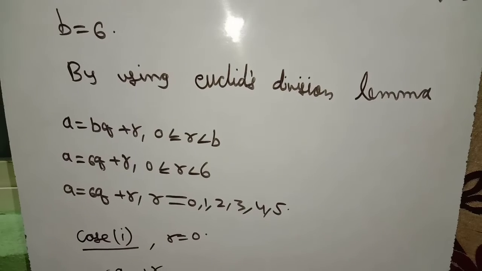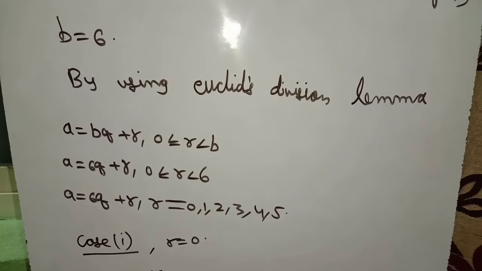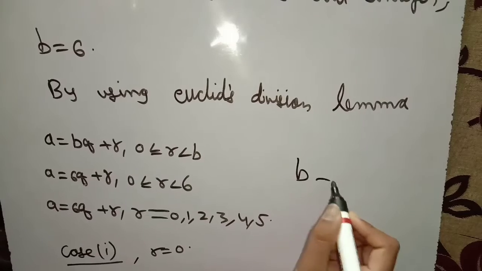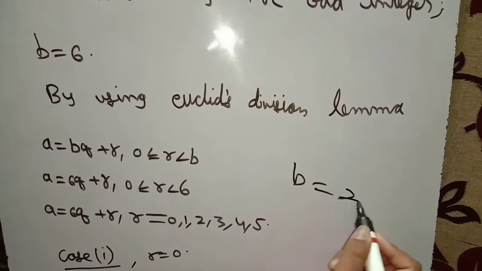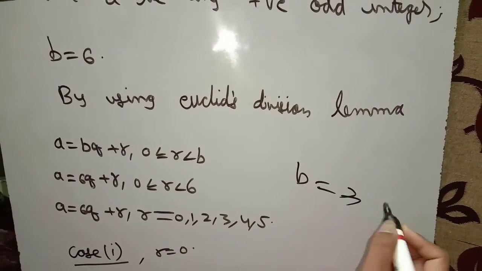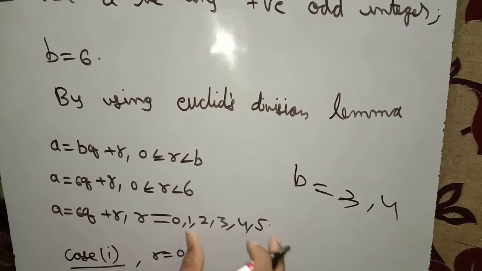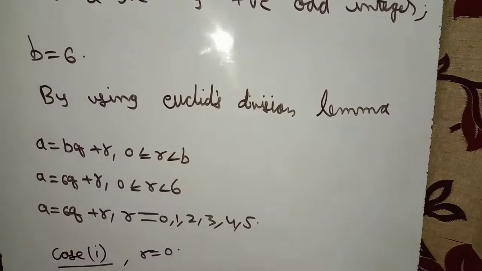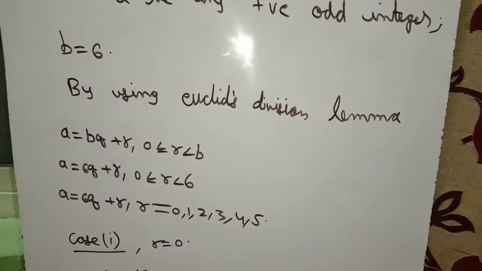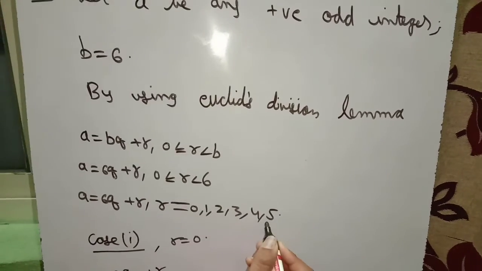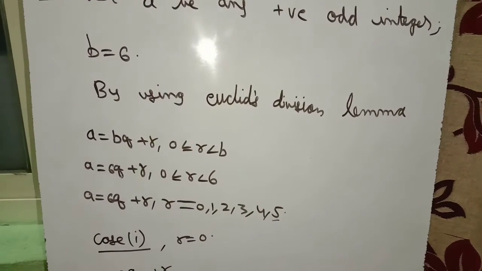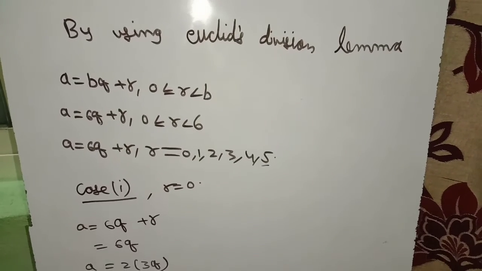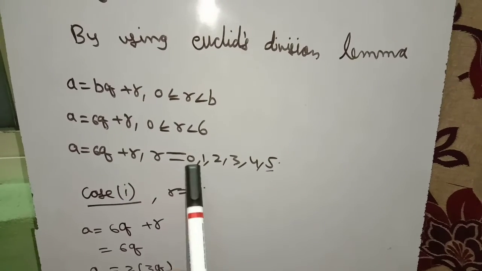So friends, remember: if b is equal to 3, the numbers will be 3 here. If b is equal to 4, the number will be 4 here. Like that, for whatever number b is, the count of numbers will be the same, but the final number is 1 digit less than that number. So these are all cases we have to do. There are totally 6 cases.